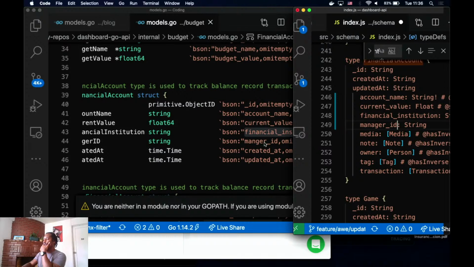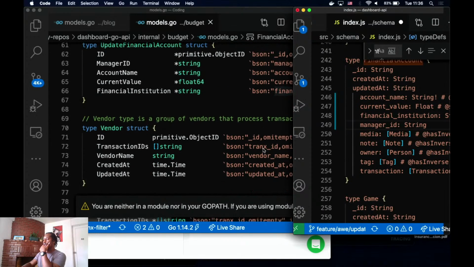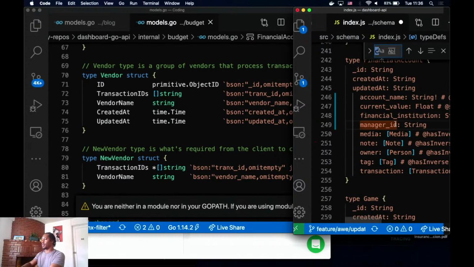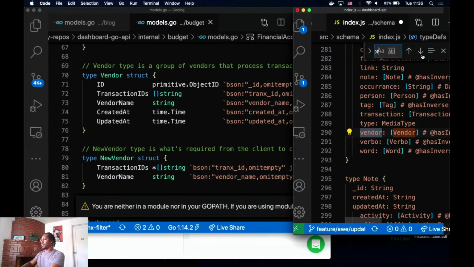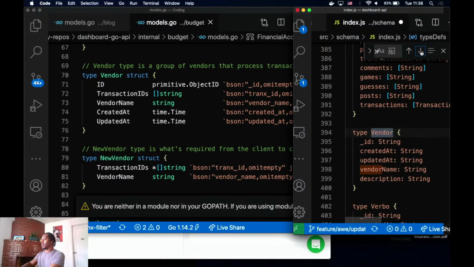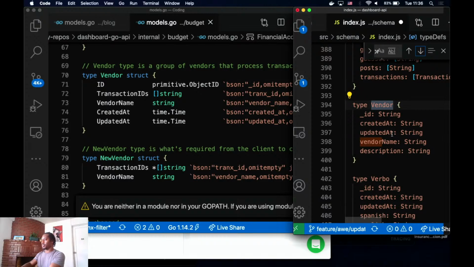This is interesting. Vendor. Vendor. ID. Transaction.